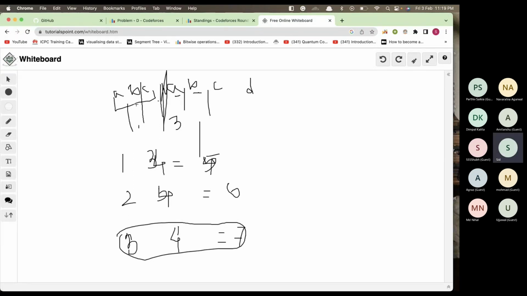तो मैं क्या कर रहा हूँ, हर इंडेक्स पे जाके देख रहा हूँ कि इस साइड मेरा कितना डिफरेंट कैरेक्टर्स है और इस साइड कितना डिफरेंट कैरेक्टर्स है। उसके लिए क्या किया मैंने, स्टार्टिंग में ही मैं हर एक इंडेक्स के लिए उस तक कितना कैरेक्टर ला चुका हूँ। जैसे कि यहाँ पे डी मिला है मुझे, इस कैरेक्टर तक सी मिला है, डी एन सी मिला है, इस कैरेक्टर बी सी डी मिला है, तो कितना कैरेक्टर्स मिल चुका है वो मैंने एक फैक्टर में स्टोर कर लिया।